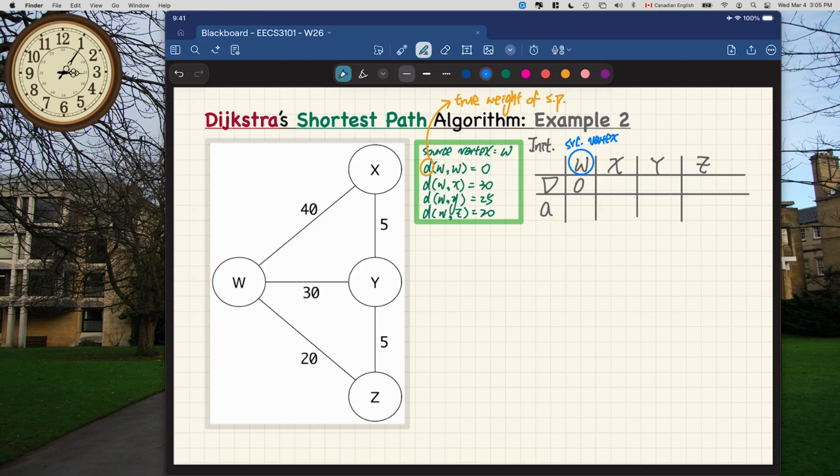Okay. It's going to be 0, and it's going to be infinity for everything else. Infinity here,